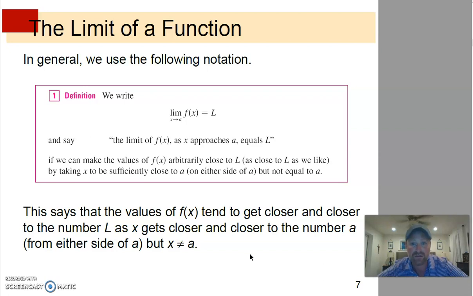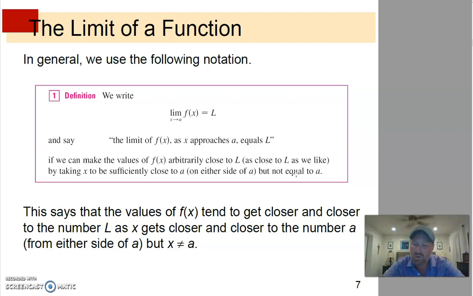So if we look at this symbol right here, we write this, but what we say is the limit of f of x as x approaches a equals L, if we can make the values of f of x arbitrarily close to L, so we're getting as close to L as we'd like, by taking x to be sufficiently close to a on either side of a, but not equal to a. And this not equal part is very, very important